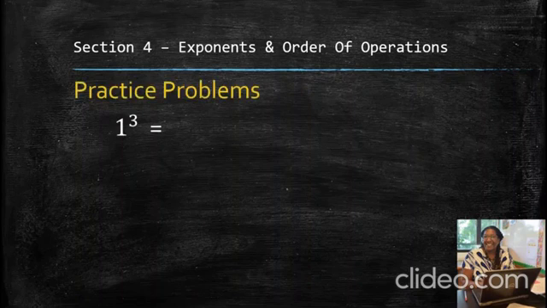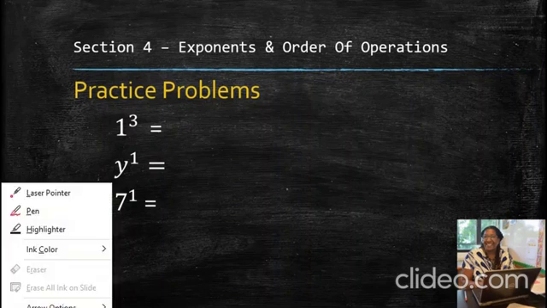1 to the third power. You can think about what these answers will be. And y to the first power, and 7 to the first power. So I'll give you a second to think about what those answers will be. Then we'll come up with some answers ourselves. So 1 to the third power